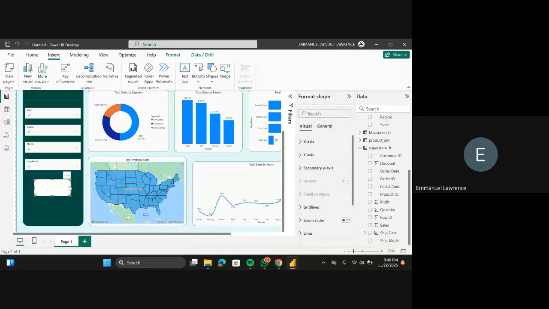So my reset button now, I'm going to be adding an action to it because I want to give it an action. The action is automatically turned off. So the action should be what? Clear all slicers. So I'll click on clear all slicers. So in case I click on any slicer and I want to reset everything back to normal, all I need to do is to click on this button and it's going to clear all the slicers. So I guess that is that.